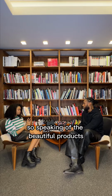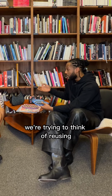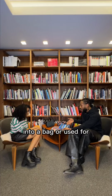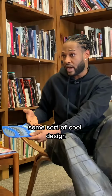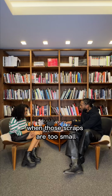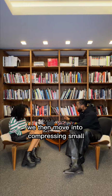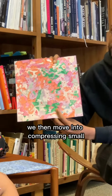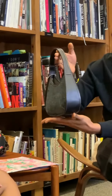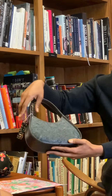So speaking of the beautiful products, tell me more about these. We're trying to think of reusing all of our scraps. When scraps are large enough for them to be made into a bag or used for some sort of cool design, that's great. But then we're also thinking about when those scraps are too small, they're still not destined to go to trash. We then move into compressing small, tiny leather scraps, and then you're able to see, just as a product, this is all of those little small scraps turned into a solid material to use as the shell